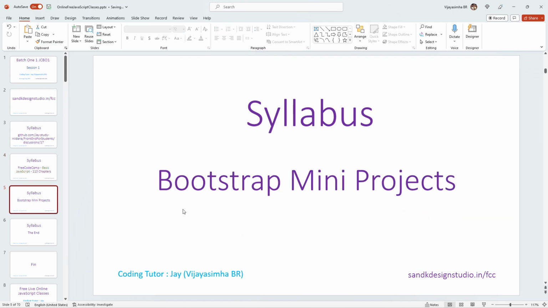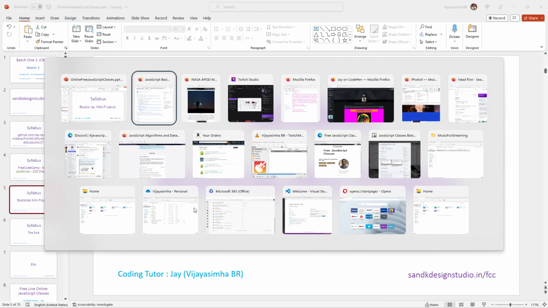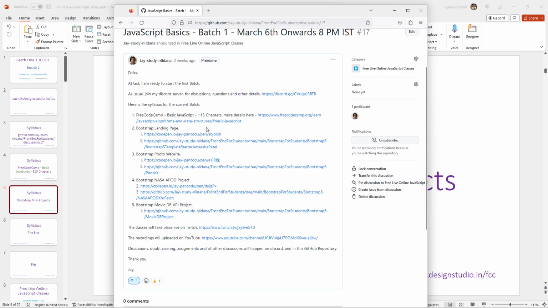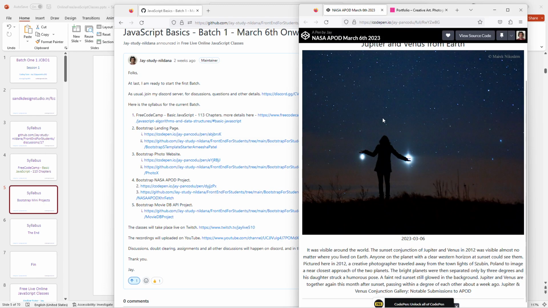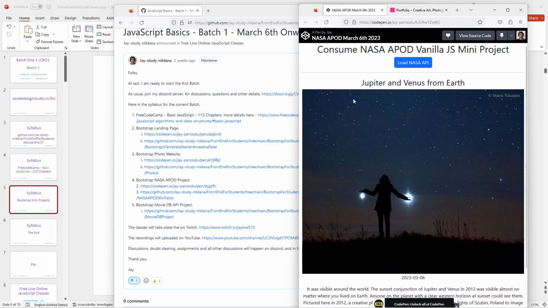And after that, I'm going to build mini projects. I have several mini projects listed in my official syllabus for this batch, and right now I have mentioned 1, 2, 3, 4, and out of that I'm showing one of them here, which combines everything from Bootstrap to HTML to CSS to DOM manipulation to applying the JavaScript concepts, and also consuming API and processing JSON data from the